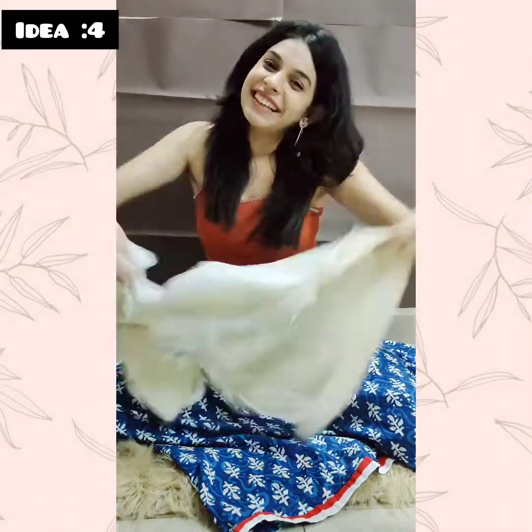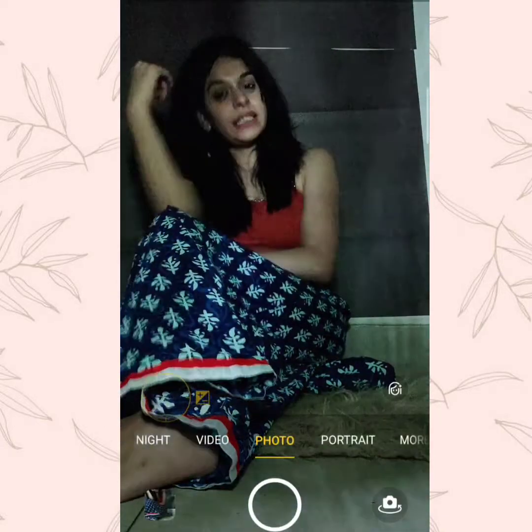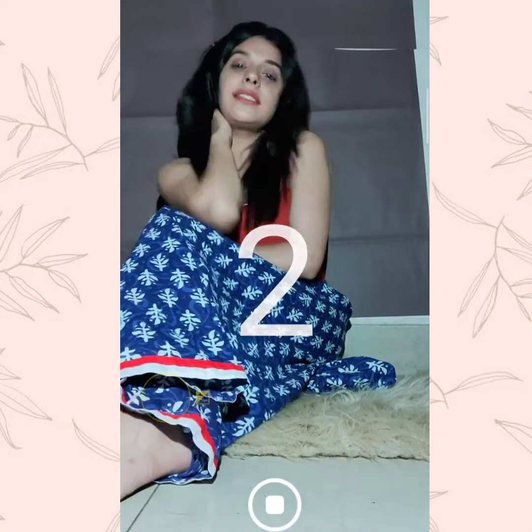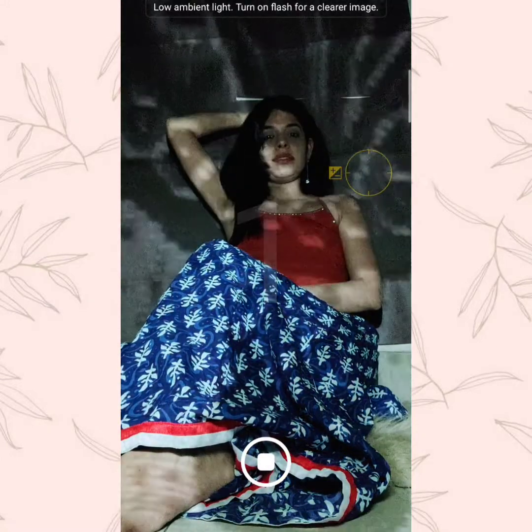So for the last one, I just saw a random tablecloth, so I thought to click a picture with that. And as always, I have turned the lights off, flashlight is on. We are trying to create a reflection here and it's pretty good. I think we can click a picture here. So let's just try different poses and click and let's see the results. Here is the result for the same. I think the pictures are pretty good. If I edit it, it would be better, but I'm not editing right now.